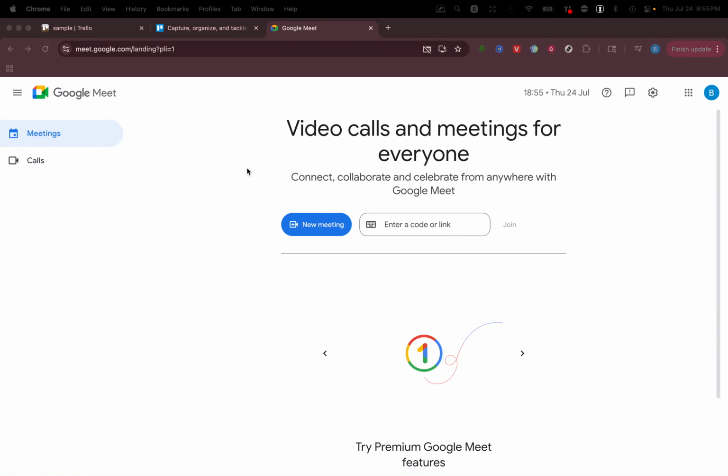In today's video, I'm going to teach you how to share files and attachments in Google Meet. Sharing documents seamlessly during your online meetings can significantly enhance collaboration, allowing everyone to be on the same page in real time. Let's walk through the steps for setting up a Google Meet session and attaching important documents accessible to